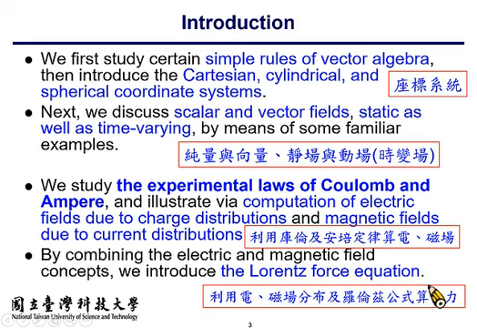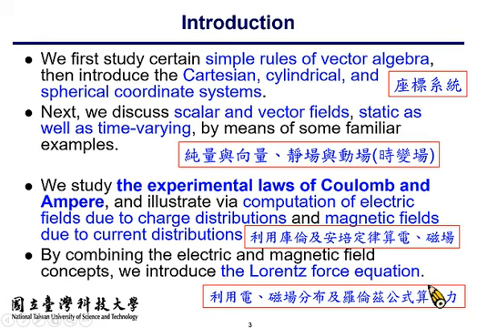We will not only introduce the Cartesian coordinate system, which is the rectangular coordinate system x, y, and z. We will also review the so-called cylindrical coordinate system and spherical coordinate system, which are easier to describe problems